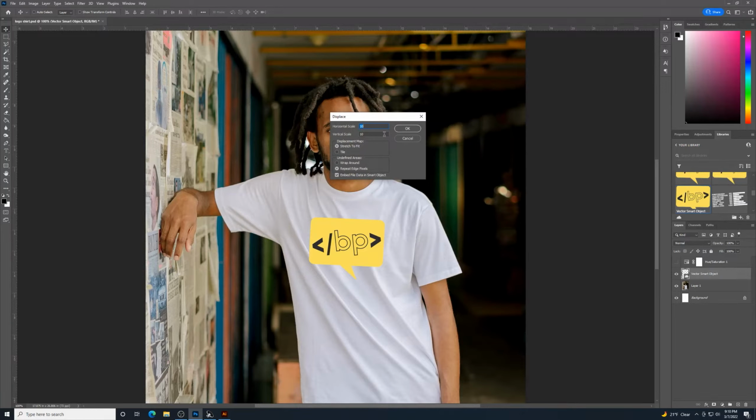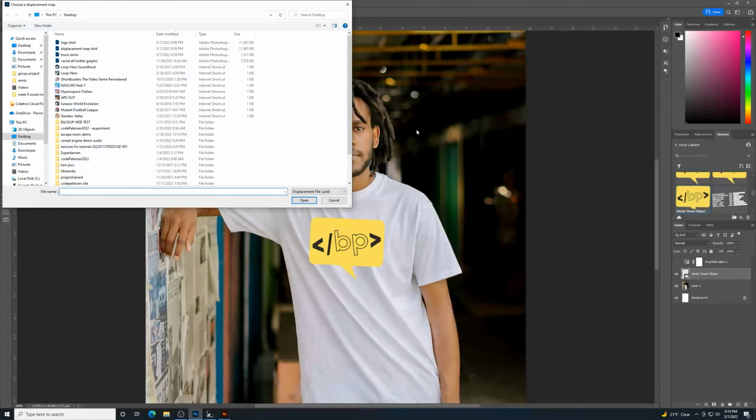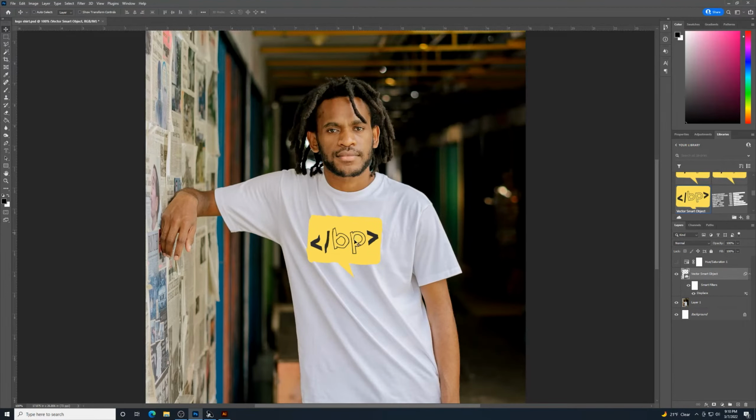10 to 10 is fine, and Stretch to Fit and Repeat Edge Pixels is fine, and then I will click OK, and it's going to ask me where or what I want to bring in, and it's that displacement map for the shirt that I created. And you can see we now have some wrinkles in the logo,